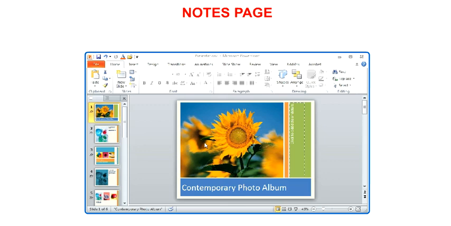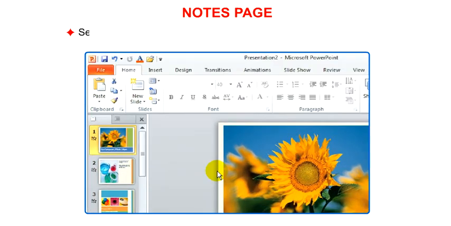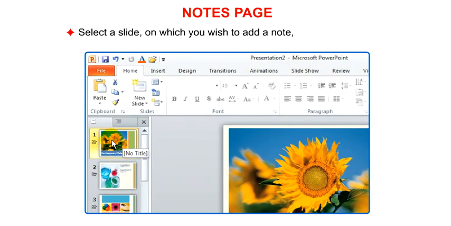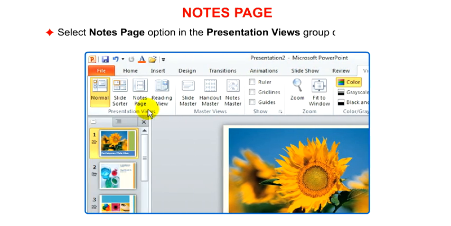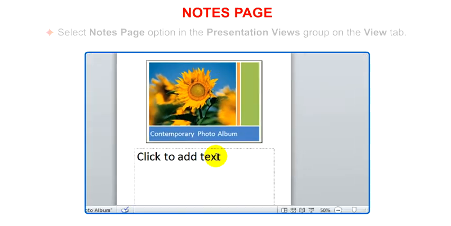The steps to enter notes in slides are as follows. Select a slide on which you wish to add a note from the Slides tab. Select Notes Page option in the Presentation Views group on the View tab. You will